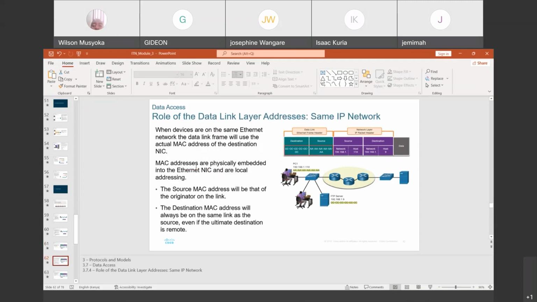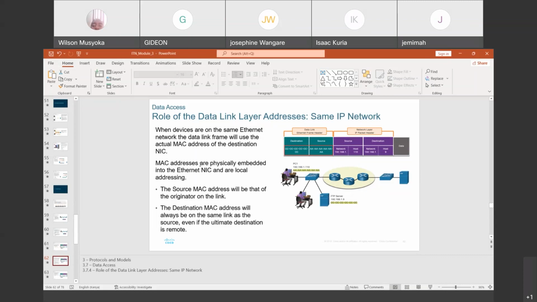So when devices are on the same Ethernet or in the same local area network, they will use the actual MAC addresses of the destination because the network address is the same. So they are going to be using the MAC addresses. The MAC addresses look like this, A, and these are just examples, C. So these are the addresses which are going to be used for communication.